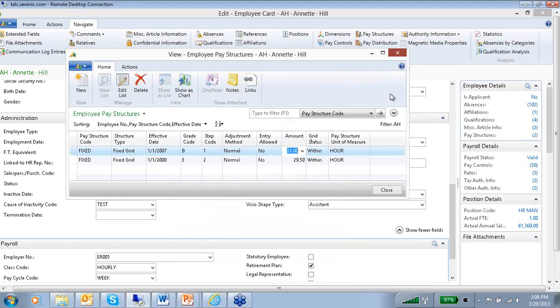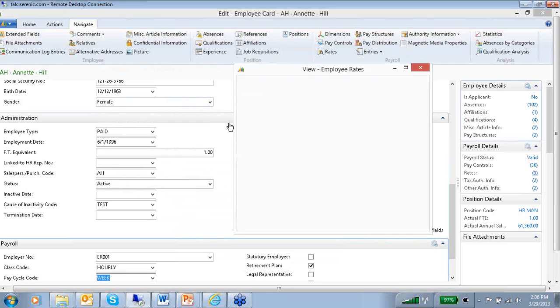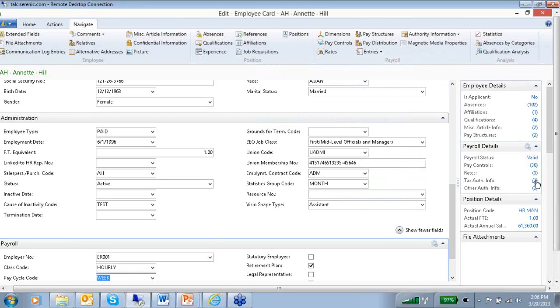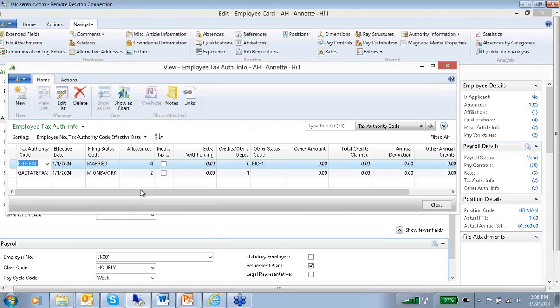So your pay structures have that ability, your rates have that ability, and these are employee-specific rates, so we've got effective dating through here. And what that effective dating does, it allows you to keep track of what's happened in the past, what's happening presently, and if you know that something's going to be happening in the future, you can put that new rate in here with that effective date, and it's going to stay dormant in the system until that effective date becomes available, as well as effective dating on tax authority information and effective dating